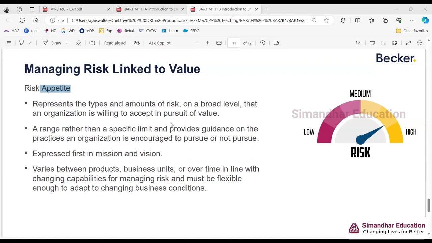Exactly, right, Manju. Appetite in a general sense relates to our capacity to eat food, how much food we can eat, right? So risk appetite simply means how much risk we can take. Obviously, we cannot eat risk, it's not a food item. So how much risk we can take, and definitely, it's a mix of both.